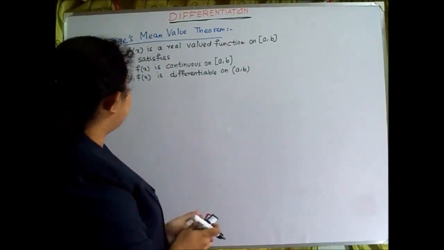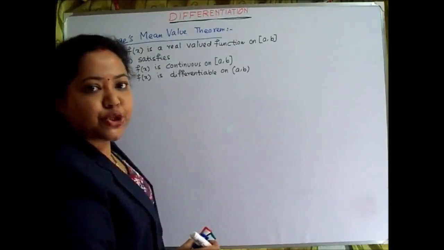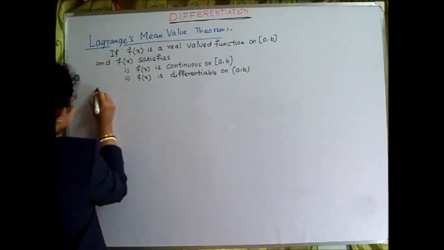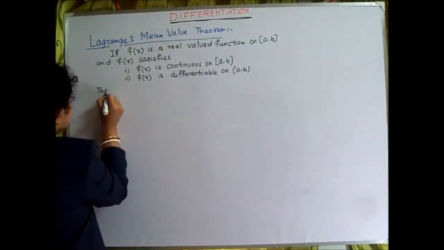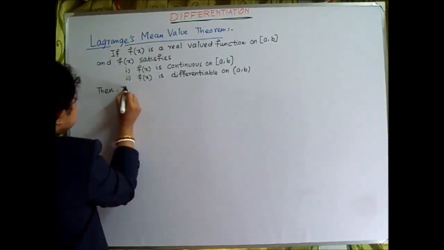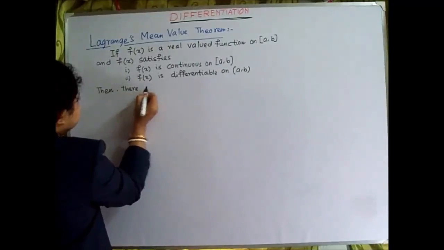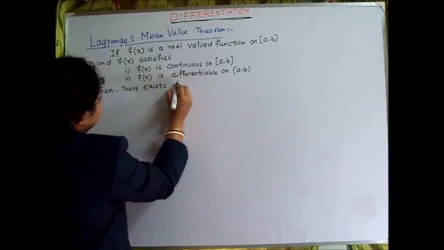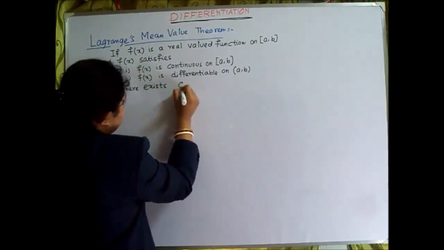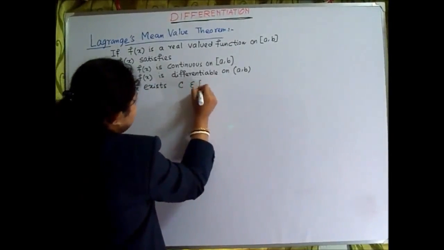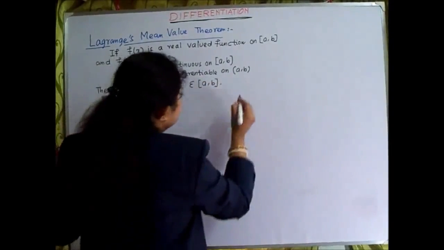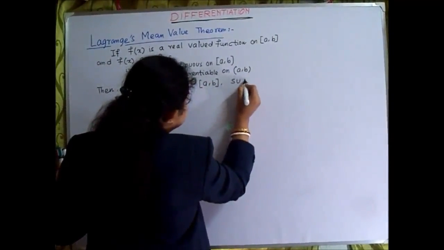If this function of x satisfies both these two conditions, then we can write that there exists a value c which belongs to (a, b) such that